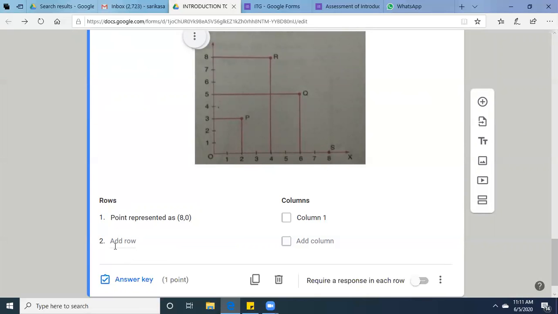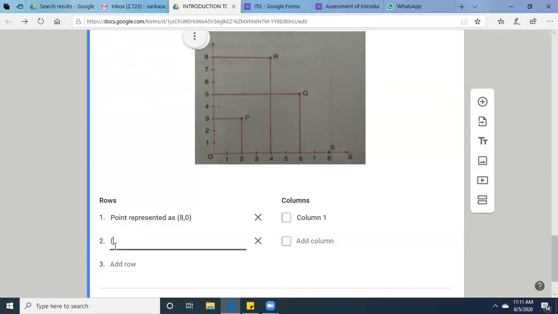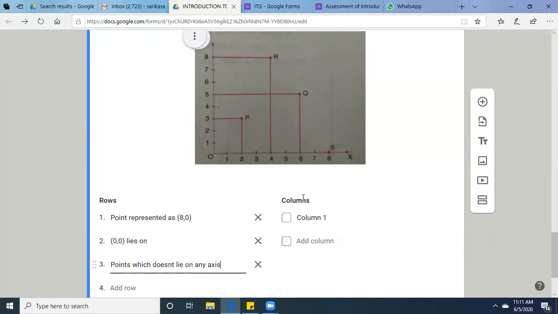Then I can write 0,0 lies on, then point which does not lie on any axis. So based on this image, you have to answer these questions.